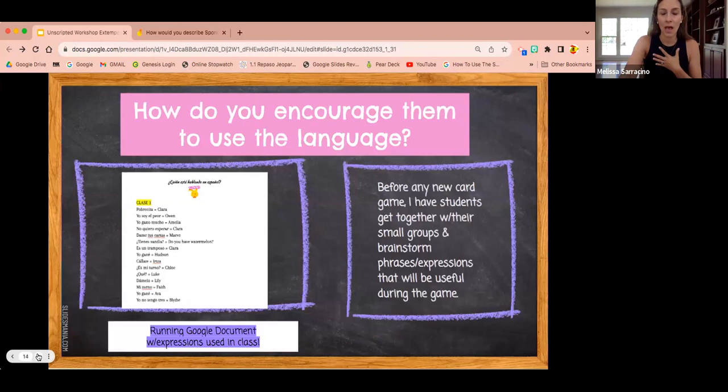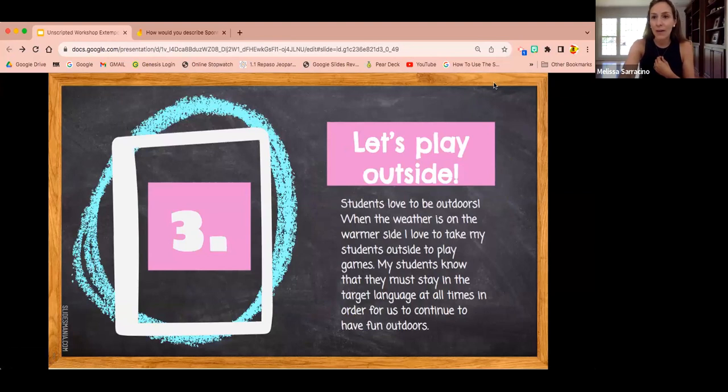Okay. All right. So that's activity 2. Again, card games are awesome. There's so many you can play, but I do love Go Fish. All right. Again, I love to be outside, and I love to take my students outside, and they do enjoy it as